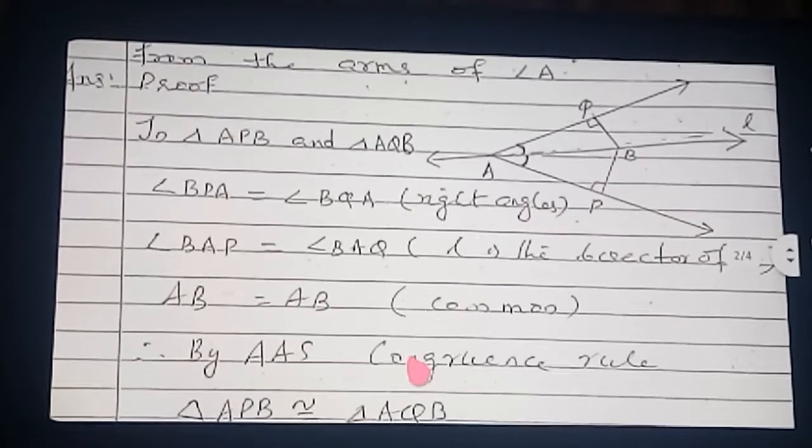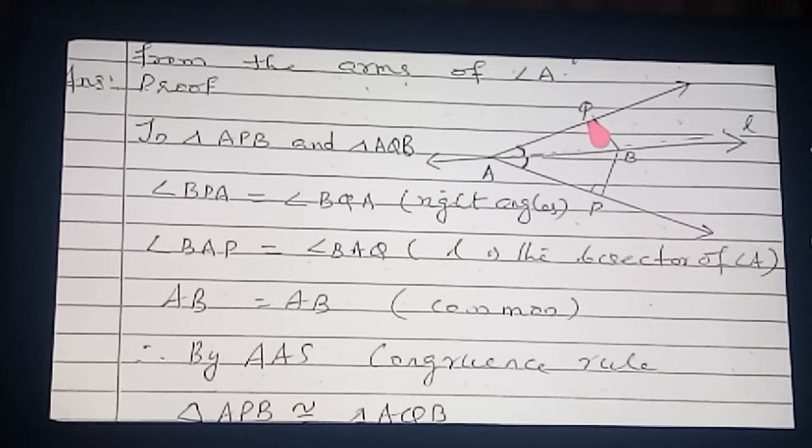Therefore, which theorem will we apply? Think again: angle, then again angle, then side. See here, angle, angle, side. Therefore, which theorem will come? AAS theorem, the AAS congruence rule. If you write this congruence rule wrongly, I will cut 1 mark. Which rule will come? AAS congruence rule. In several diagrams I explained the method: take in the order angle, again angle, then side. So AAS congruence rule. Clear?